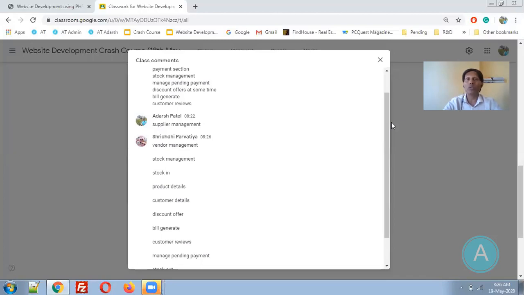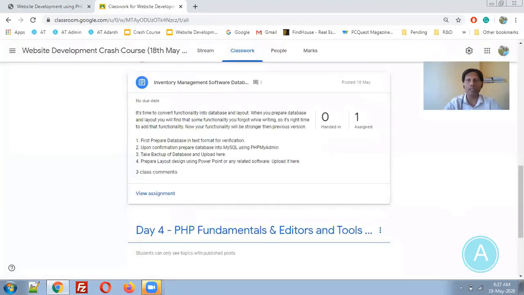What you are supposed to do in a later part is specify the fields also, that what you will cover in vendor management, what you will cover in stock management, similarly in product details, and so on. This is not the topic of today, we will see tomorrow which fields we are supposed to include. But for the analysis part, this is perfect. Just copy paste these things into the final submission and submit that part. So inventory management is over.